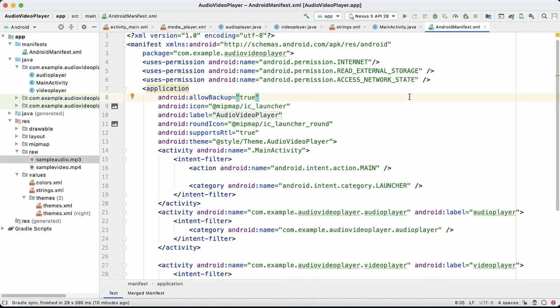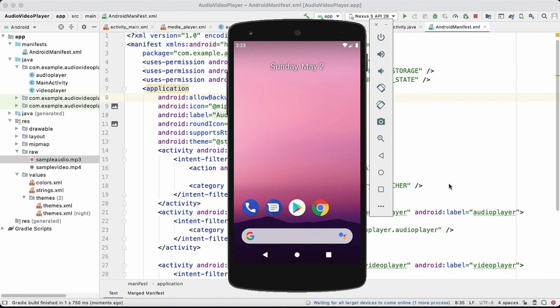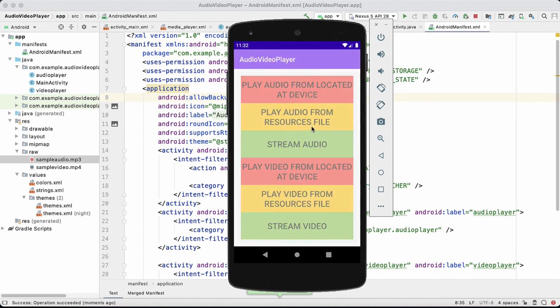That's it guys, right? So up to this it is clear to all, and now let's execute our application and see how our application is behaving. So when you run this application, you will have three buttons: play audio from local device, play audio from resource file, and stream audio.